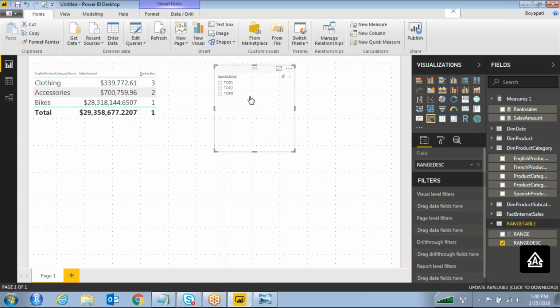Select the range description. If I am selecting top 3, I want to filter 3 values. If I am selecting top 2, only top 2 rank categories I want to display. Top 2 means these two. Okay, how is it possible? Okay, so let's say for example, if you are selecting multiple values,